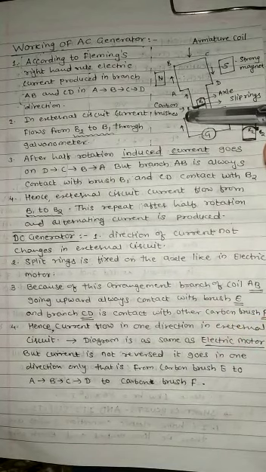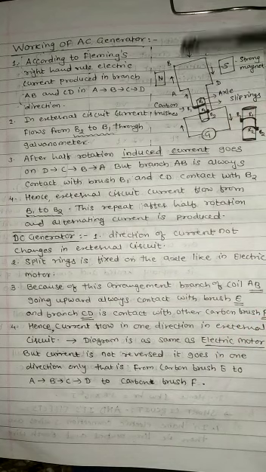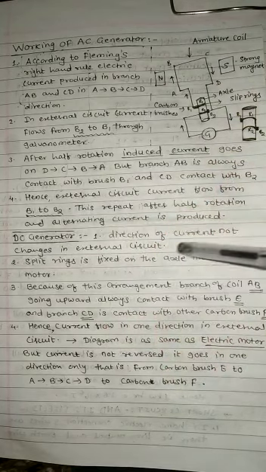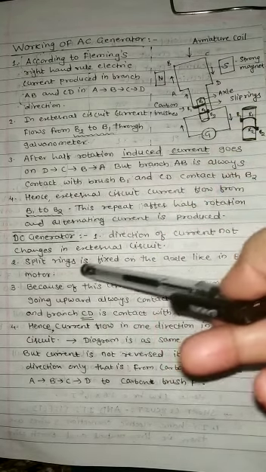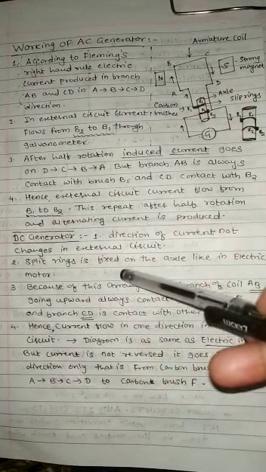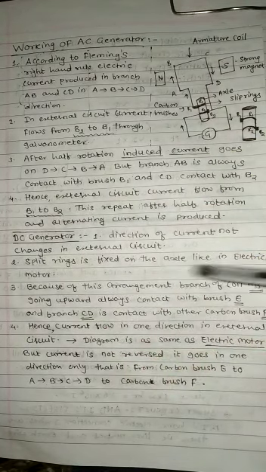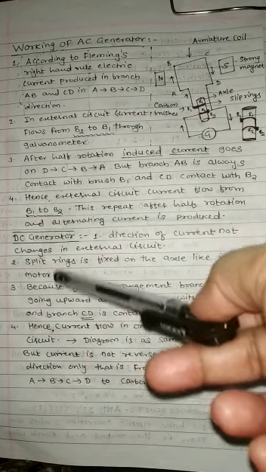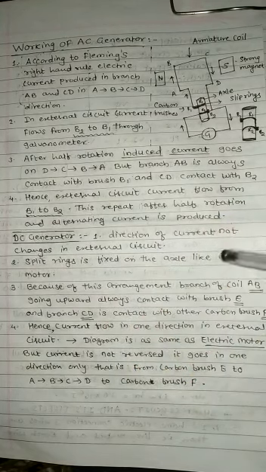because in the first rotation the current is A, B, C, D. In the second rotation the direction of current is reversed, that is D, C, B, A. But in a DC generator the direction of current does not change through the external circuit. Then a split ring is fixed on the axle, like in an electric motor. The diagram of a DC generator is the same as the electric motor.